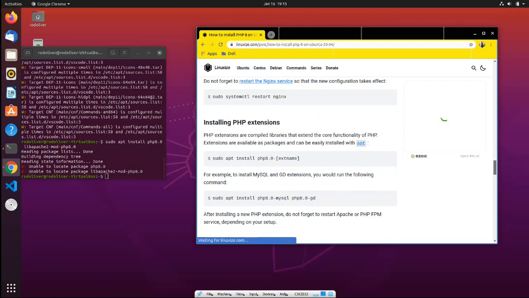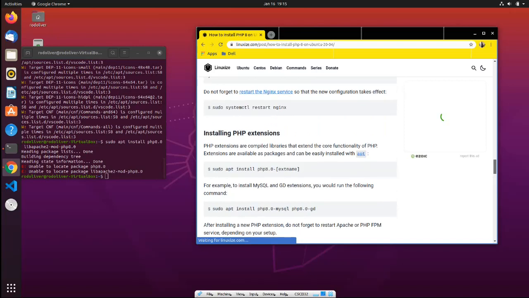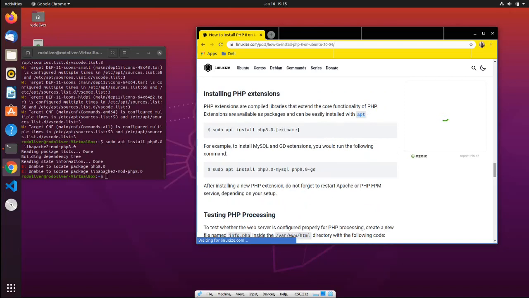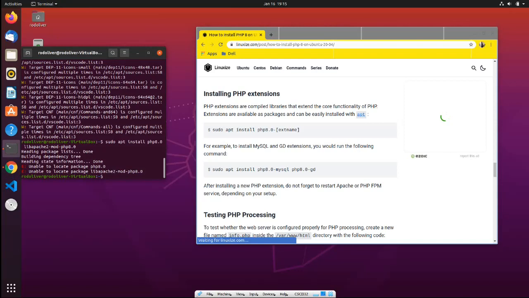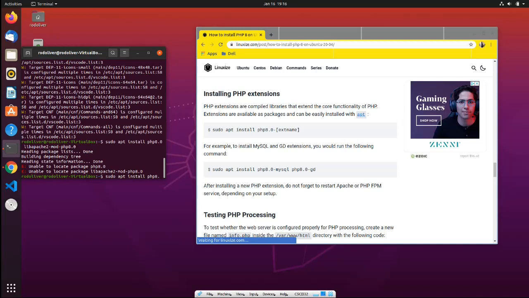PHP extensions are compiled libraries that extend the core functionality of PHP. Extensions are available as packages and can usually be installed with apt. So, oh yeah, here, MySQL for example. To install MySQL, this is definitely one that we want to do. So we're going to install MySQL right now, and hopefully we've done all this right and we don't have to go through this again. We're going to do the same with sudo apt install php8.0